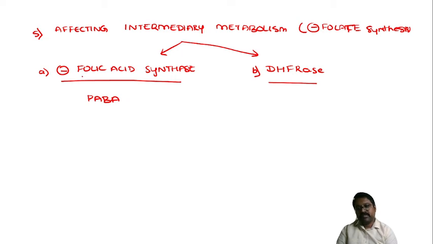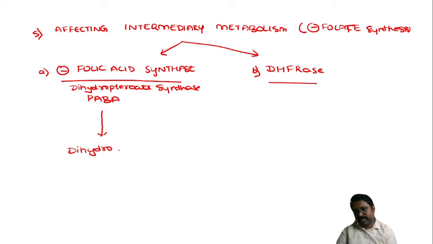So this folic acid synthase is also called dihydropteroate synthase. This PABA will be converted into dihydrofolic acid. So the rate limiting enzyme is the folic acid synthase. So this step has to be inhibited. You need to inhibit the folic acid synthase. So the examples here are